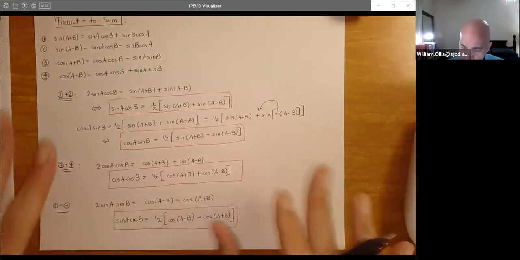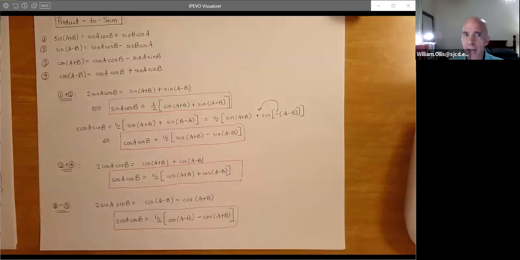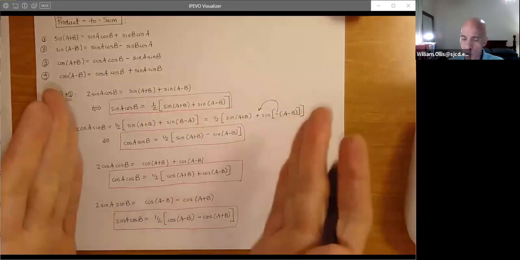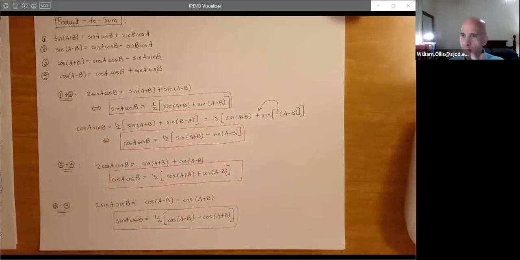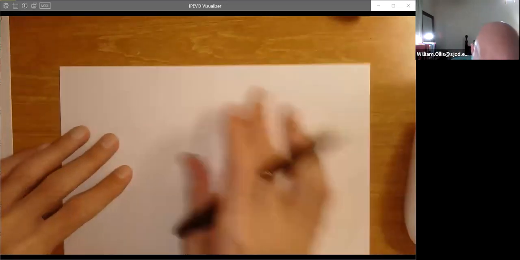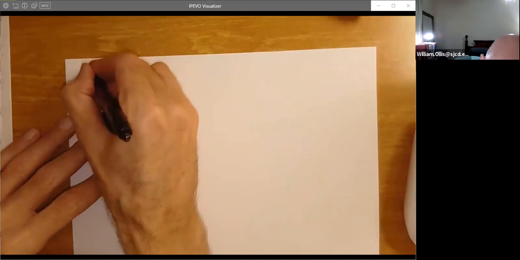Now, the one last thing that we want to do that doesn't get nearly as much attention as this, like in Cal 1, we want to reverse these. We want to do sum to product. And you're thinking, why would we ever want to do that? Well, there are instances when that is important. There are instances when you need to take a sum or a difference to a product. So we want to flip this around. Let's do that. The change of variable is easy. I'll share that with you. So the last set will be sum to product.